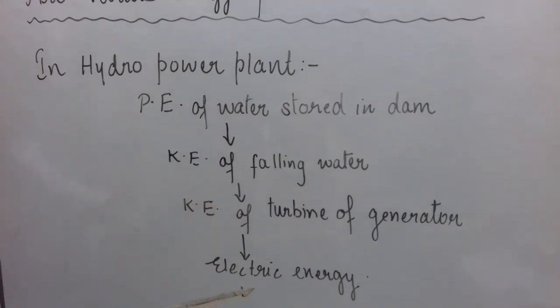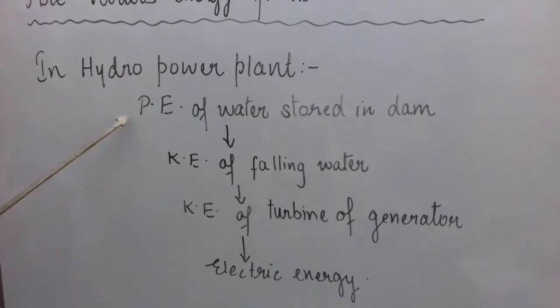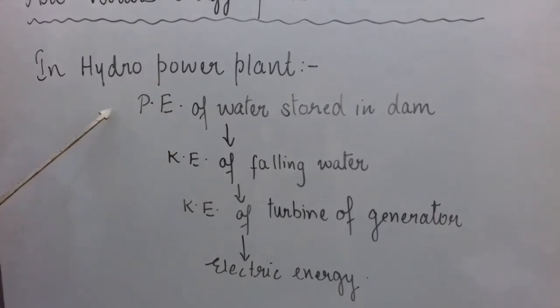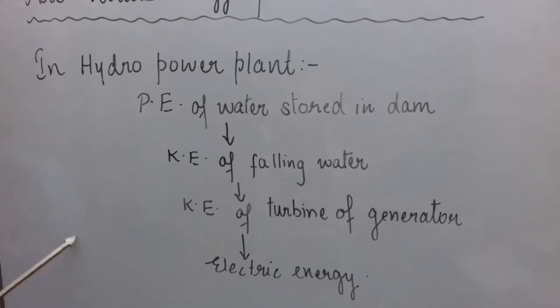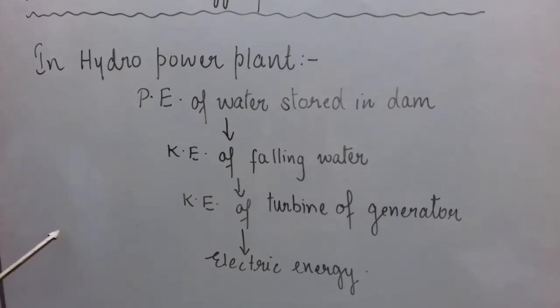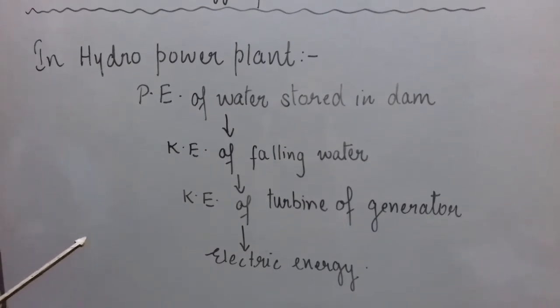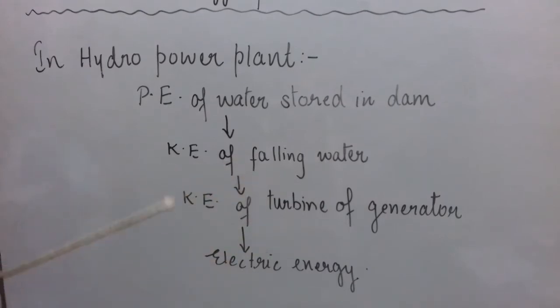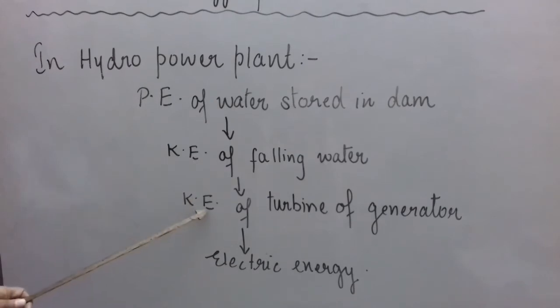when the generator's turbine moves, it gets converted into electric energy. Remember students, whenever energy gets converted from one form into another, always some part of it gets converted into heat energy. But I am not mentioning that everywhere. You should remember, whenever energy converts from one form into another, a part of the energy always gets converted into heat energy, which in most cases is not desirable. And remember, in case of a generator, what conversion of energy takes place? In a generator, kinetic energy always gets converted into electric energy.